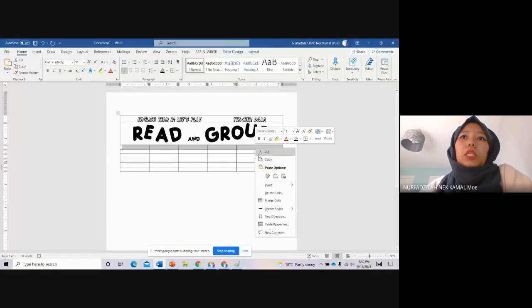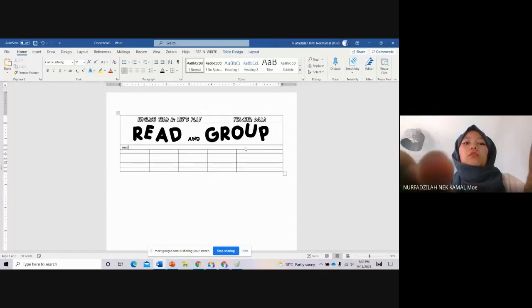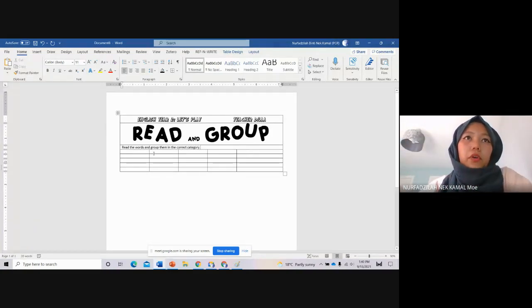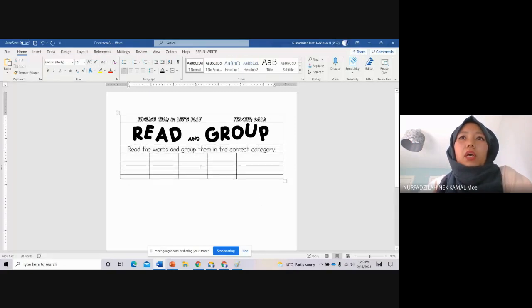Okay, so comes the instruction. Read the words and group them in the right category. So, this is a categorization worksheet. Centralize that. You choose a simple font, and then okay, another